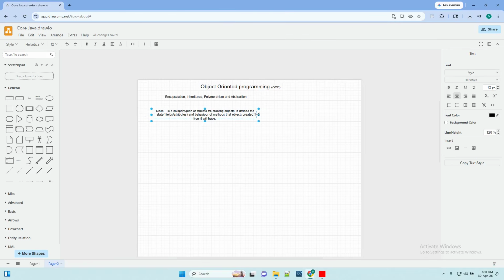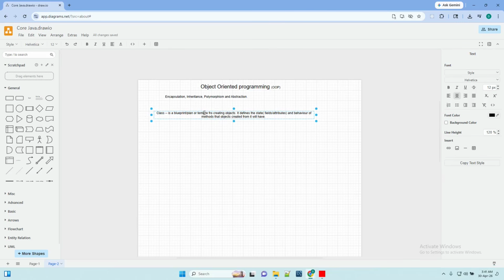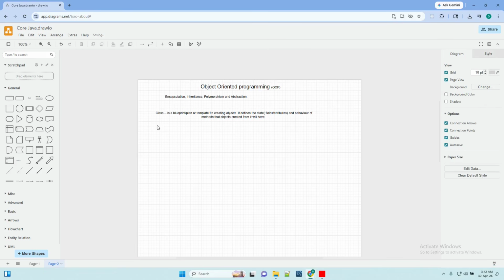Okay, what I have given you, we have a class. Class is nothing but a blueprint, a plan. It defines the state. Similarly, it defines the rooms, how many rooms, how many washrooms, how many parkings, how many drawing halls. So it defines everything, similarly as we plan to build a home. So this is it. Now what is next? Next is